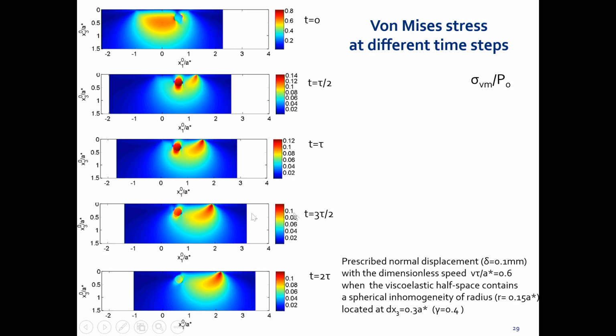And after a given time, you have the steady state, and this one will always be the same. After that, because it takes time for the matrix to relax, even when the load is far from the inclusions, it will take some time to go back to the initial state, because for the initial state, you should not see the inclusions. It should be blue. The stress should be the same as for the matrix.